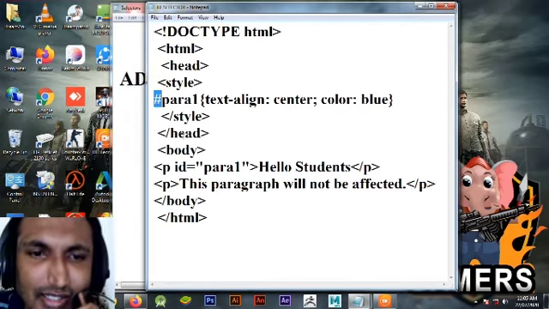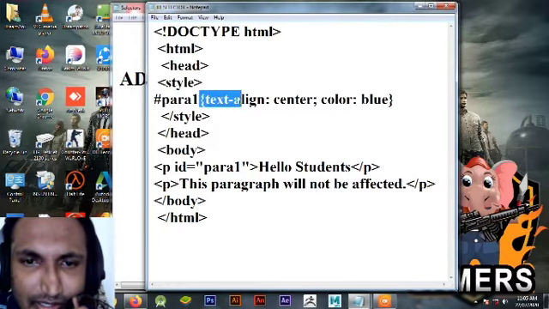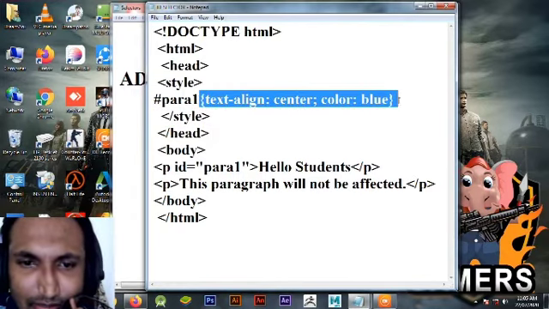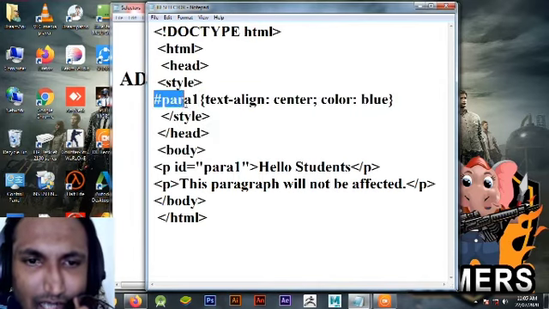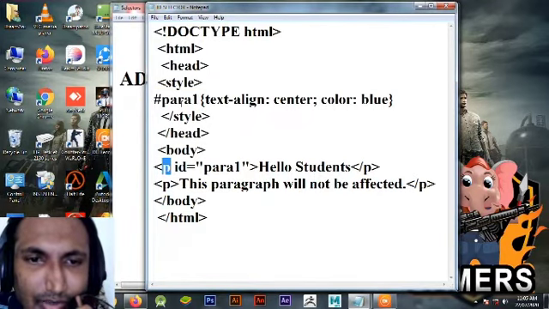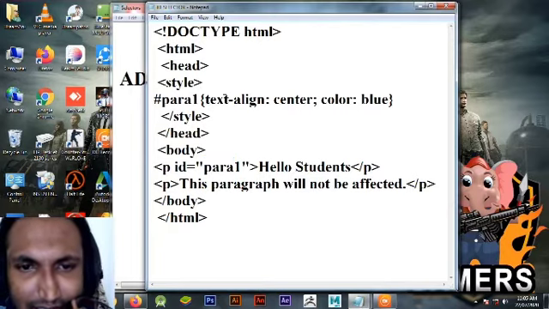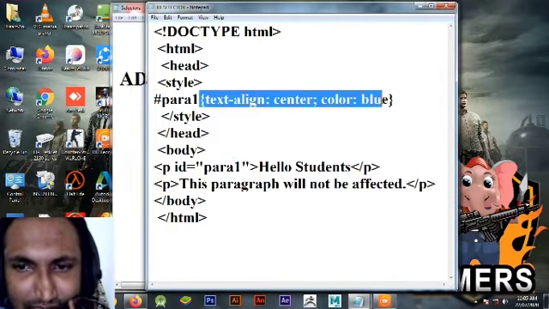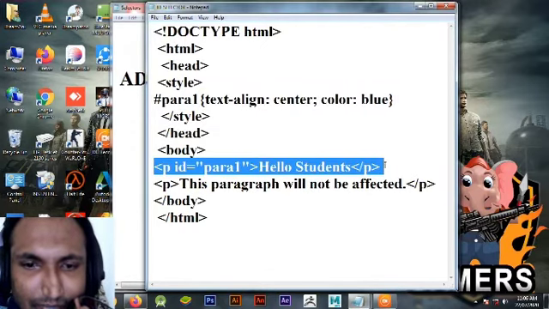What this ID selector does is these properties, text align center and color blue, will be applicable to the ID of the particular tag. If I am using this para1 as ID to the p tag, then these properties, text align center and blue, will appear with the paragraph tag.